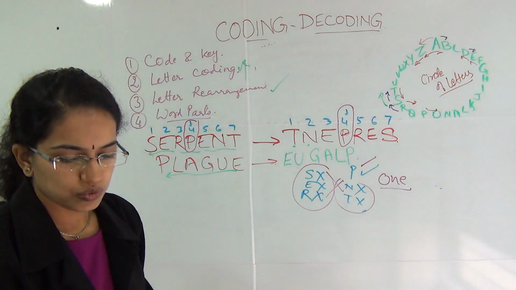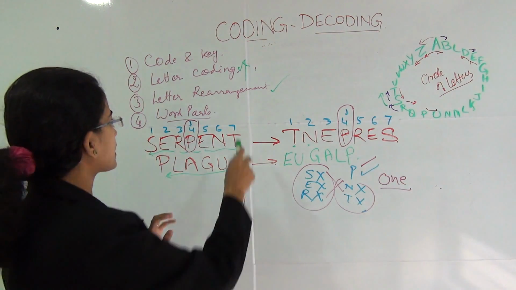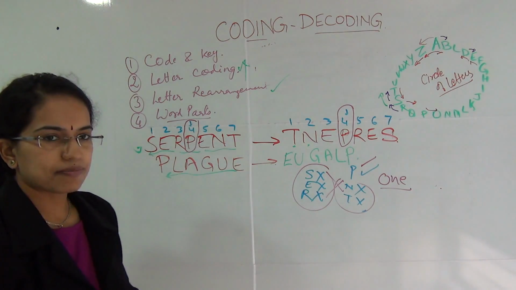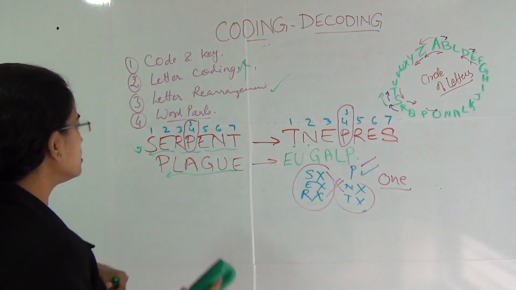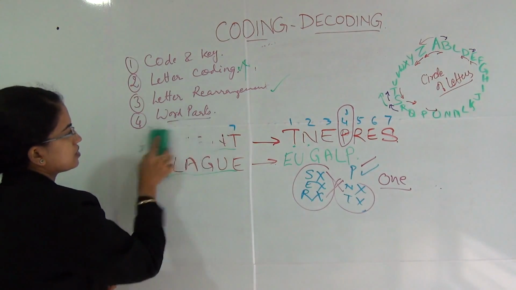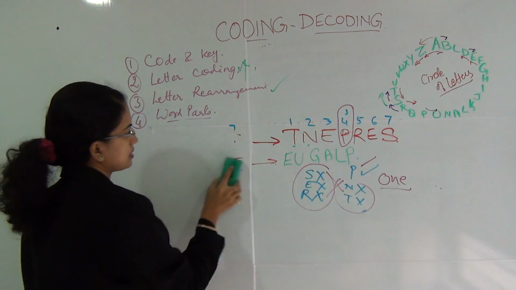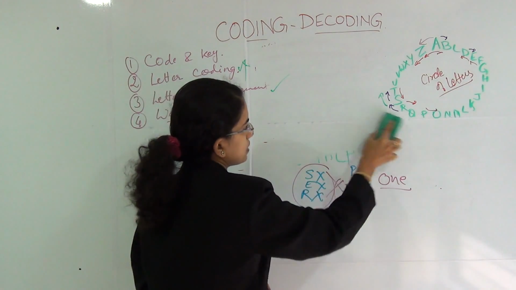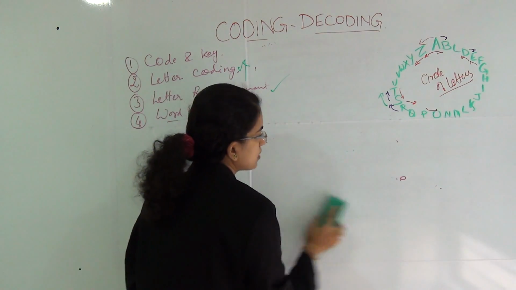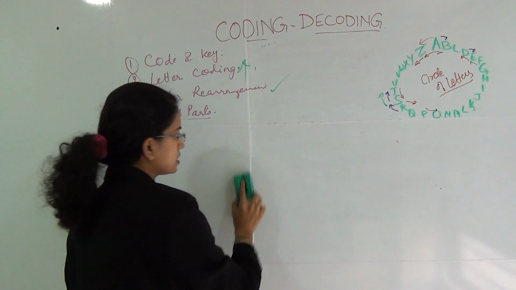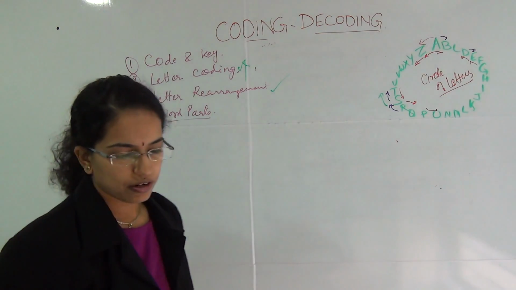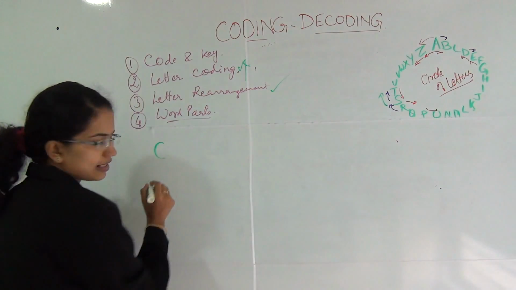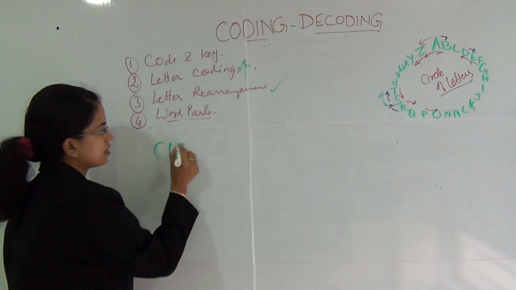So this was another question that can be formed out of letter rearrangement problems. We will practice 2 or 3 more examples of letter rearrangement, so let's move on to the next example. This type of rearrangement was a very simple rearrangement where we just reversed the order of the letters. In the next, in any language, I am saying